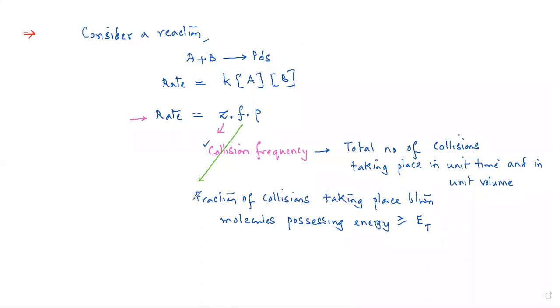So this is F. Now this F can be given as e power minus EA by RT. Then this P actually refers to collisions